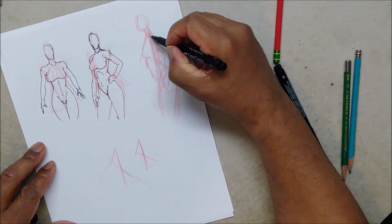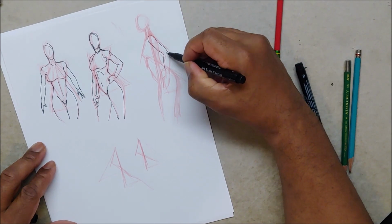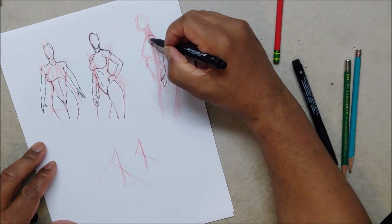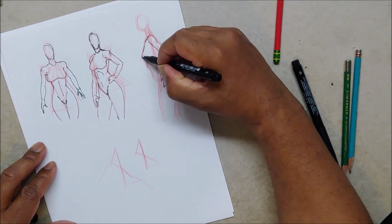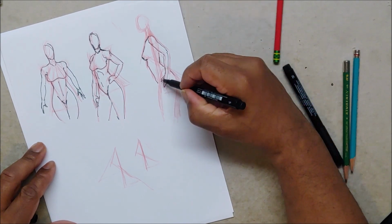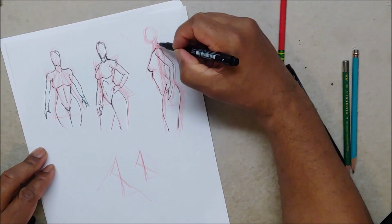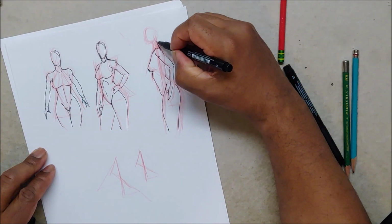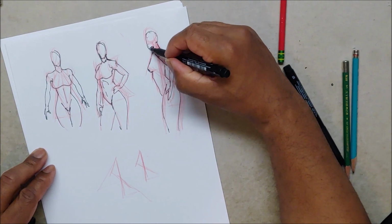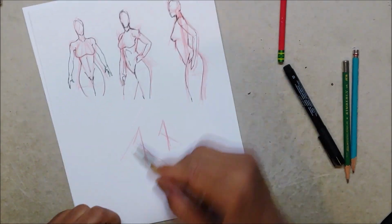And then the side here. Forgive my shaky hand because, as I said, it's early. I was up at 3 in the morning. Like that, and then you have your head coming up. I'm going to give her a little more neck. But those are 3 ways to draw the